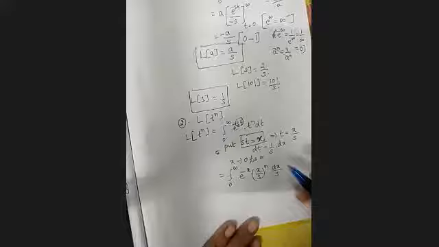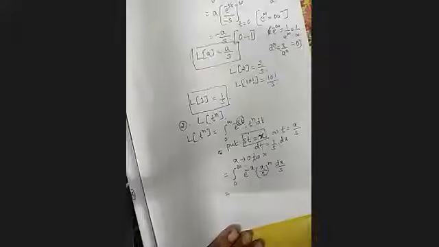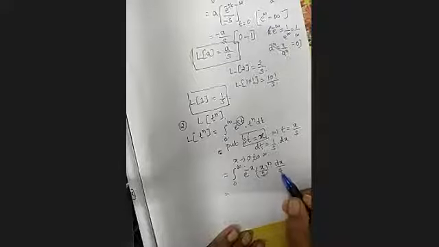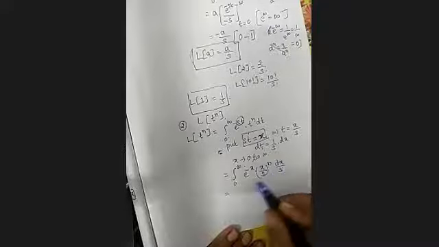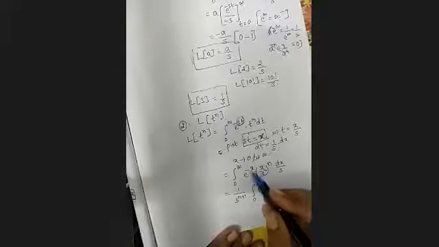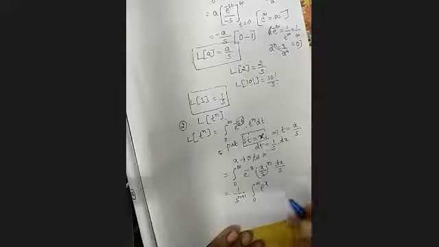We'll take the constant quantities out. Tell me, in this integral, what is constant? The term containing s is constant. So I take this s outside. The power of s is n here, and the power of s is 1 here. So it will be 1 upon s raised to n plus 1. So this is 0 to infinity, then e raised to minus x. What is remaining? x raised to n dx.